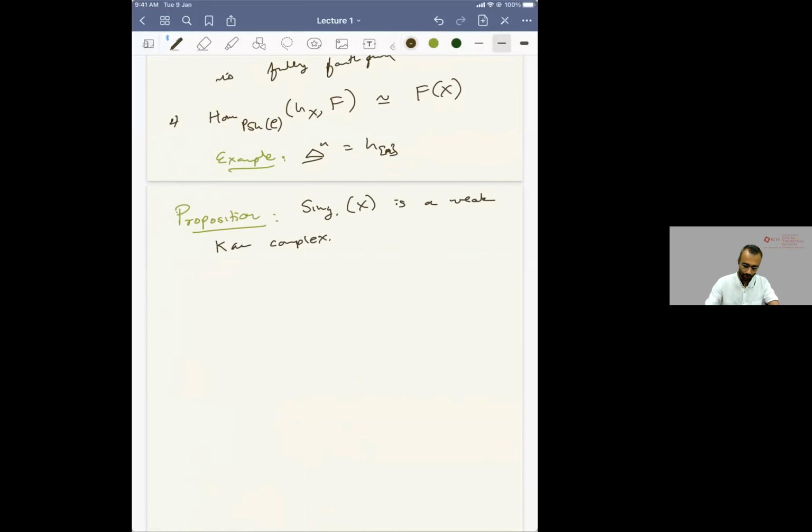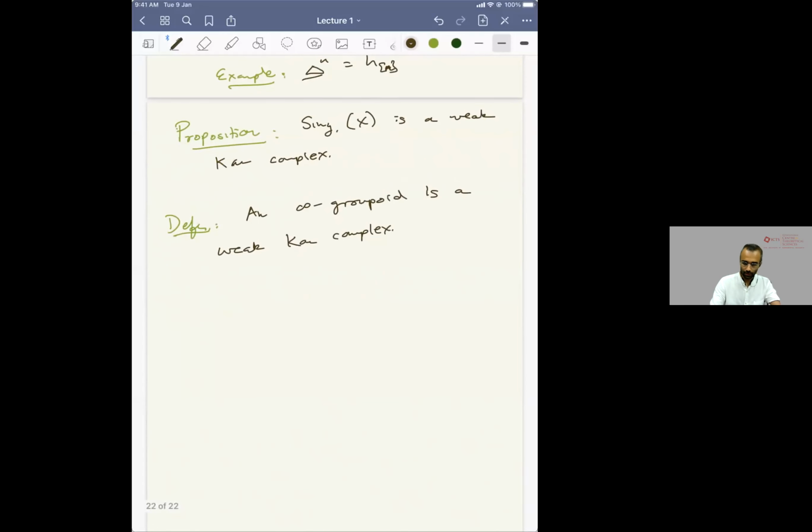Right? And the intuition is that we can think of the elements. Okay, so let me make a definition. An infinity groupoid is a weak Kan complex. Okay, and the intuition here is that a weak Kan complex has elements which are vertices. So the objects, so this is like a category which has, so an infinity groupoid, so intuitively, an infinity groupoid